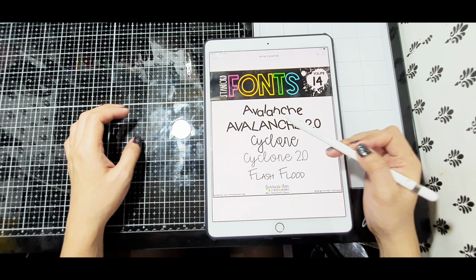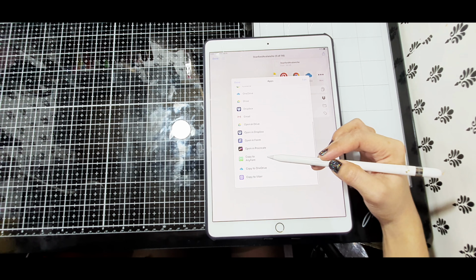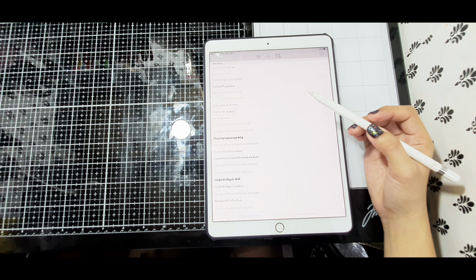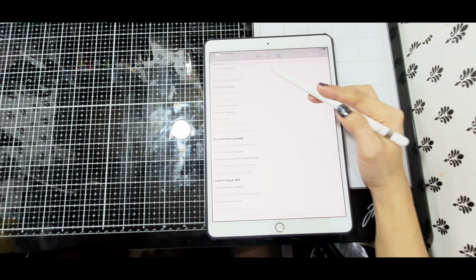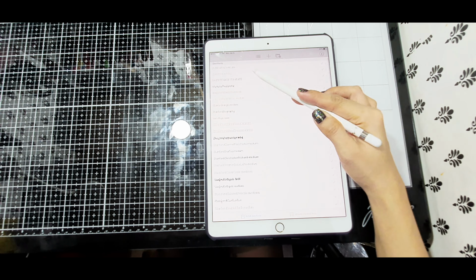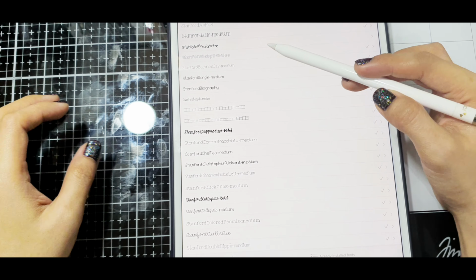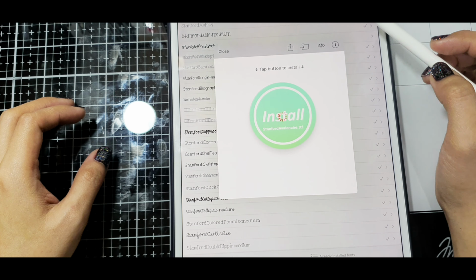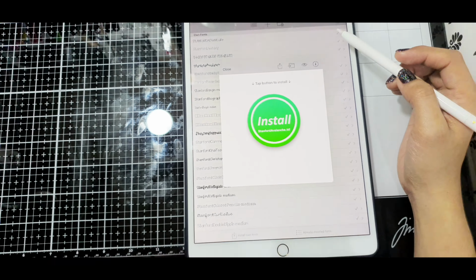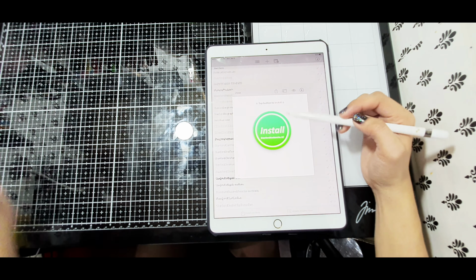It says more, and then you scroll and select copy to Any Font, and you will see that font right up there, Avalanche. It's arranged alphabetically, so you will have to select,